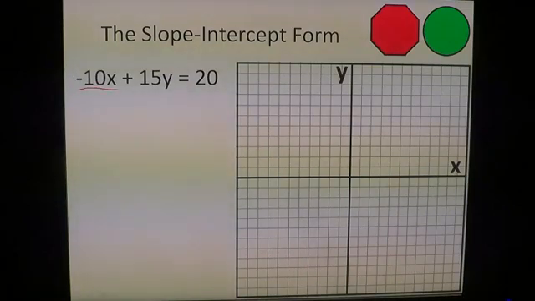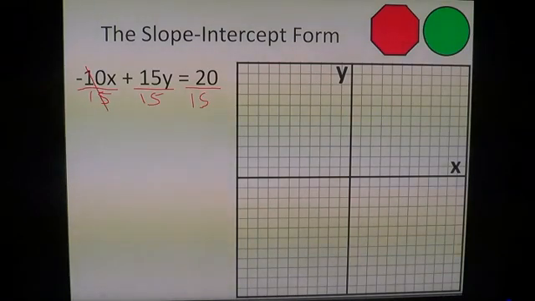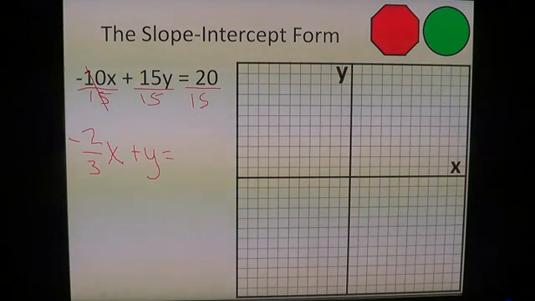I'm going to divide everything through by positive 15. So positive 15, positive 15, and positive 15. Let's see, that becomes negative 2/3. Negative 2/3, so if you got that one, you're right. And it's negative 2/3 x. 15 divided by 15 is 1, so that just becomes y. And here we have